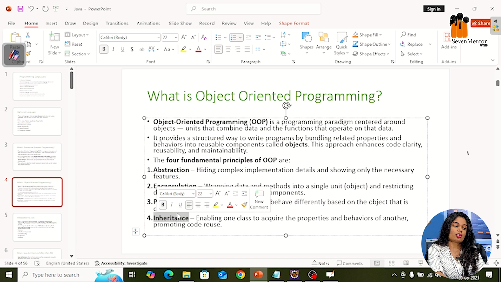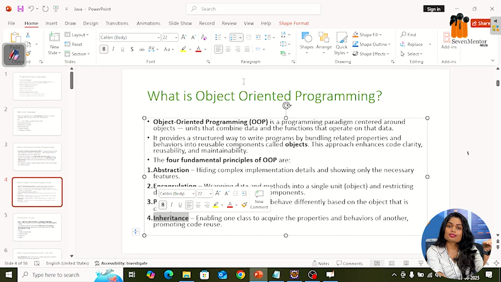The next feature is inheritance. Inheritance means accessing parent class properties in the child class. Why do we have to access the parent class properties in the child class? To achieve reusability of the code. If you declare code once, there is no need to define the code again and again. You can just extend the class and access all the properties.